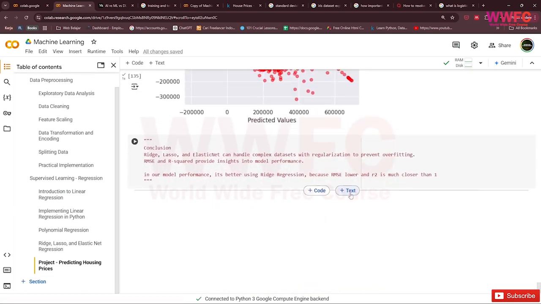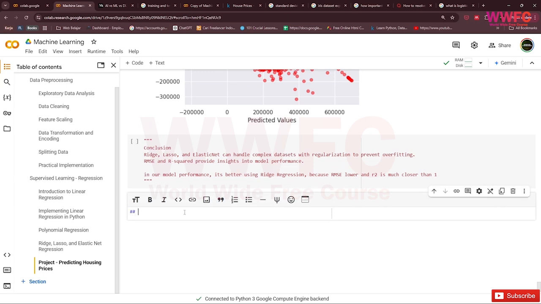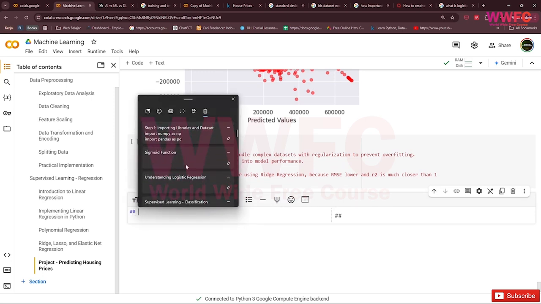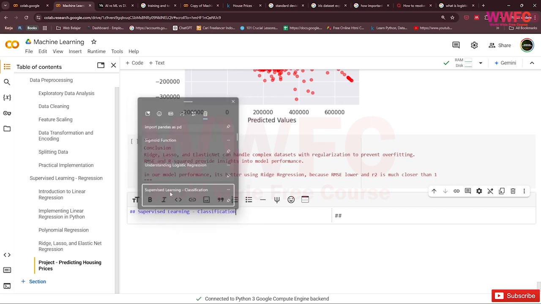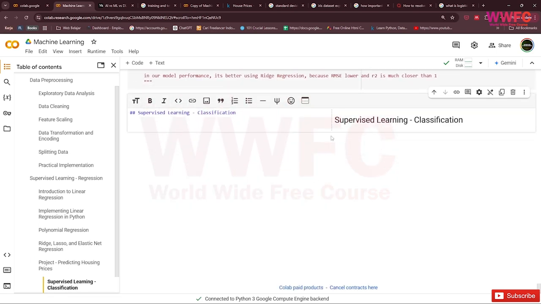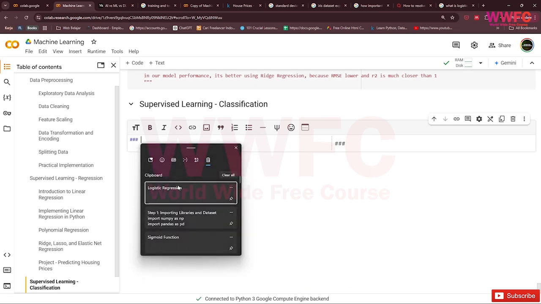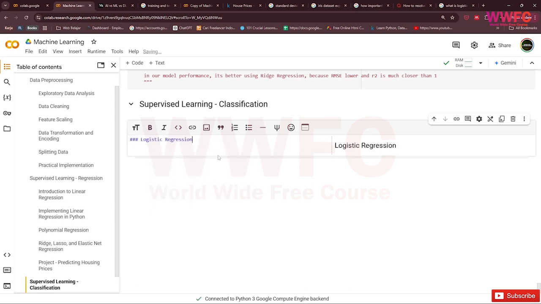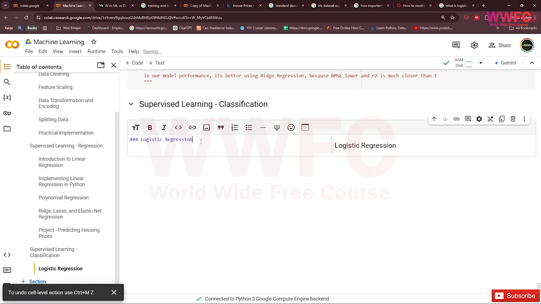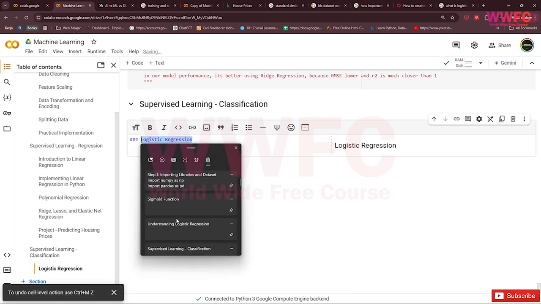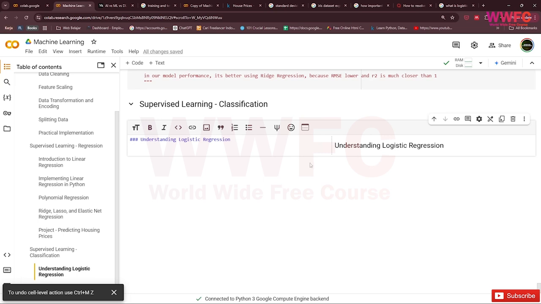Okay, we go to our code. We go to the next section, which is supervised learning classification, and we go to the text again, understanding logistic regression.